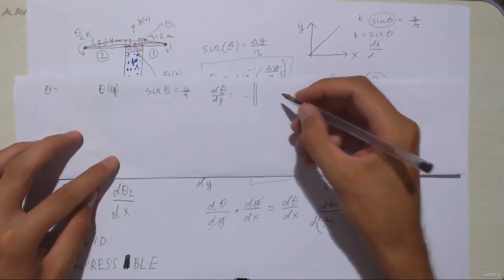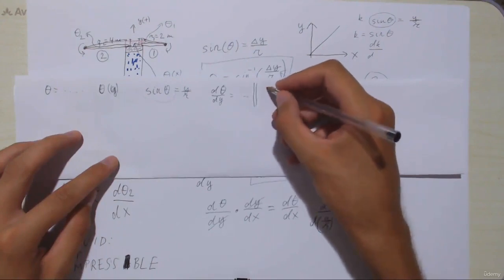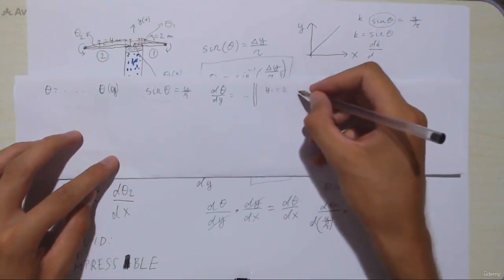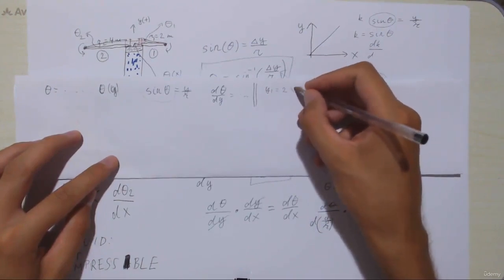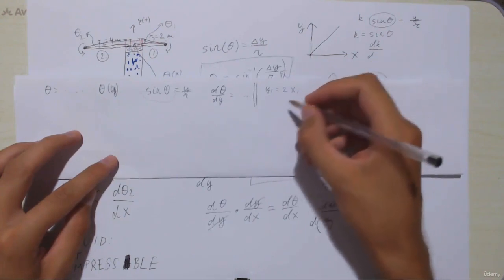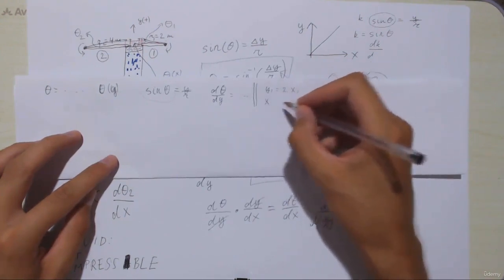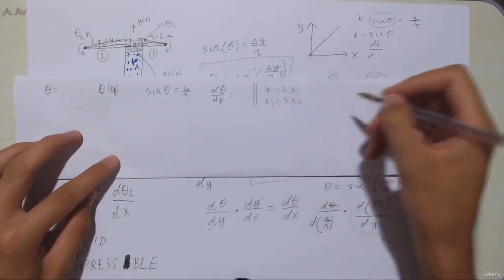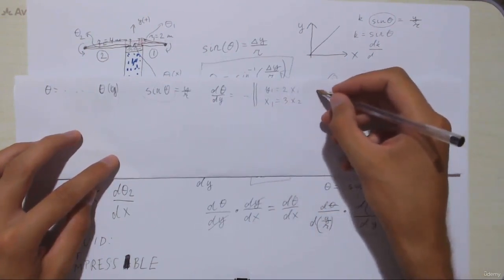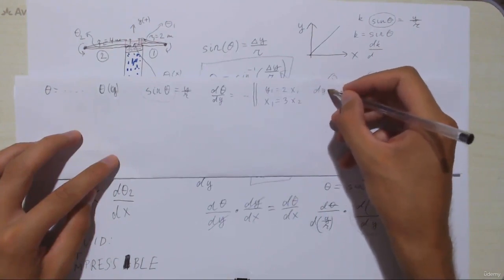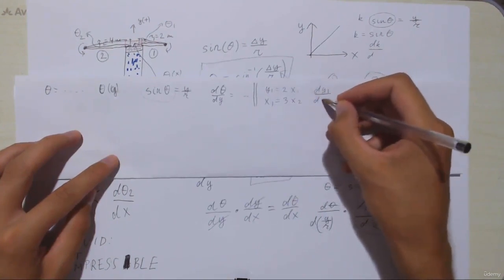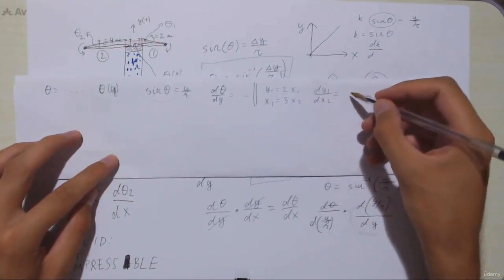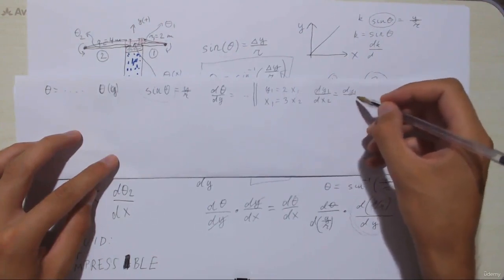And a chain rule means that, okay, if I have, let's say, y1 equals 2 x1. And then I have x1 equals 3 x2. And I want to know how y1 changes with respect to x2. In order to do that, the chain rule allows me to do it like this. dy1 with respect to